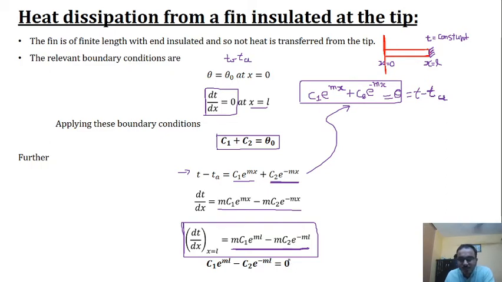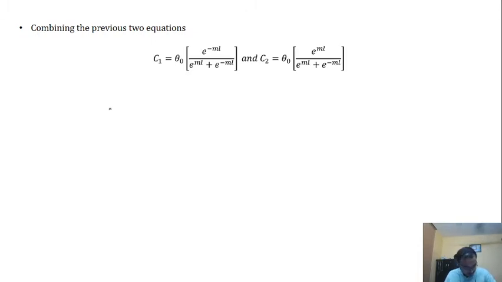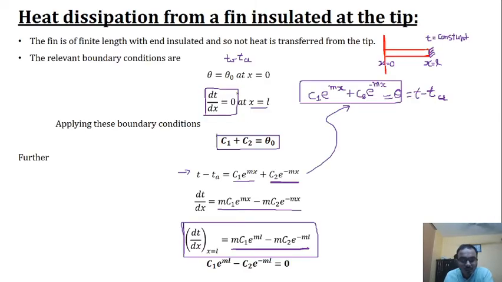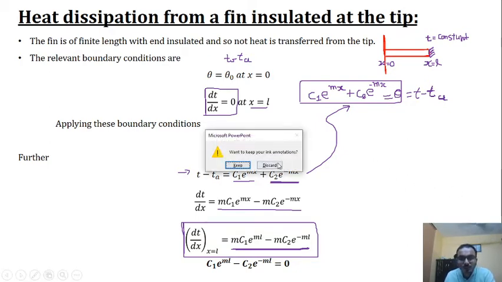So based on that, combining the previous two equations, we can obtain this formula, that is the values of C1 and C2. So what we are going to do is obtain these two constants right now on our virtual board. However, what I would suggest is to pause this video over here and write down these things in your notebook right now. So I hope that you have paused this video and noted down everything on this slide. So let's move on to our board.